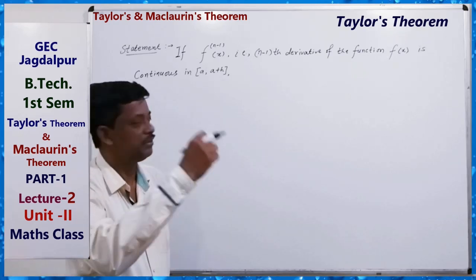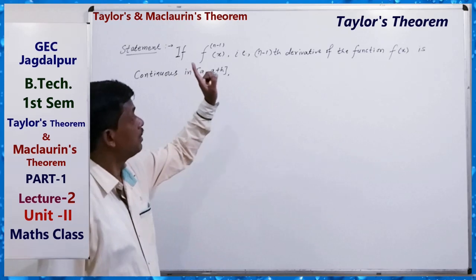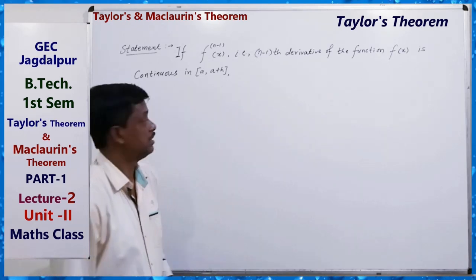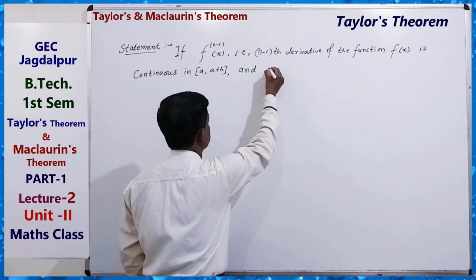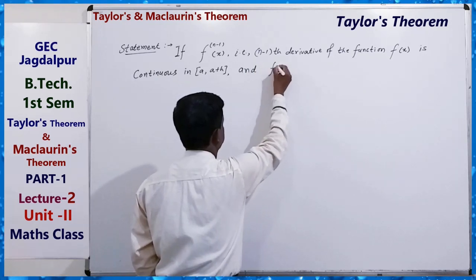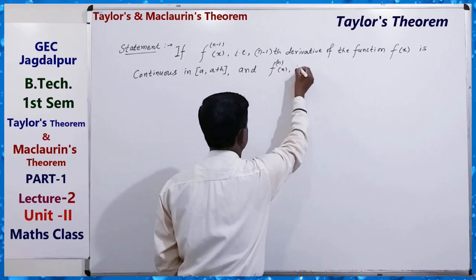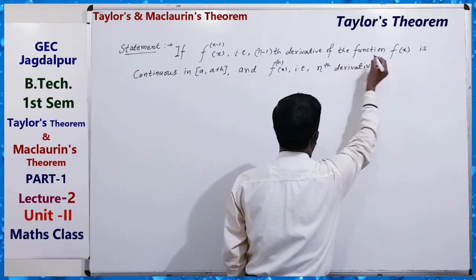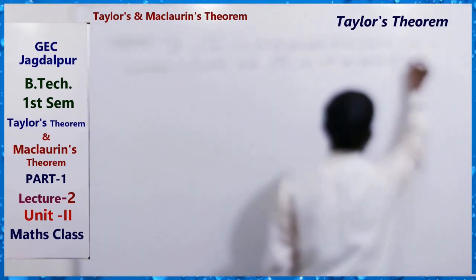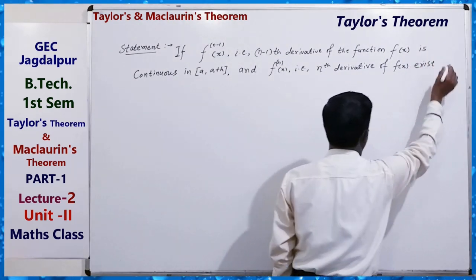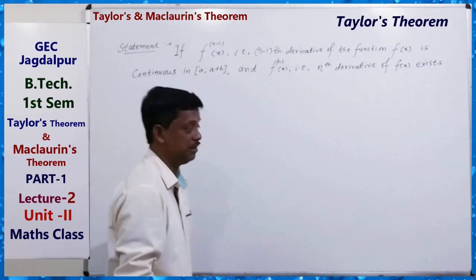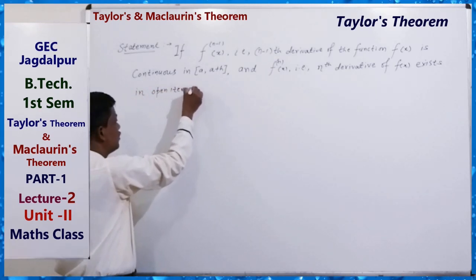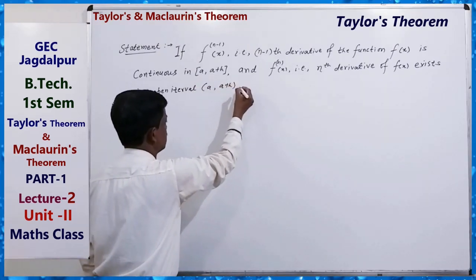just like in the Lagrange theorem, f is continuous in [a, a+h]. Here the (n-1)th derivative of the function f(x) is continuous, and f^n(x), that is the nth derivative of f(x), exists in the open interval (a, a+h), then